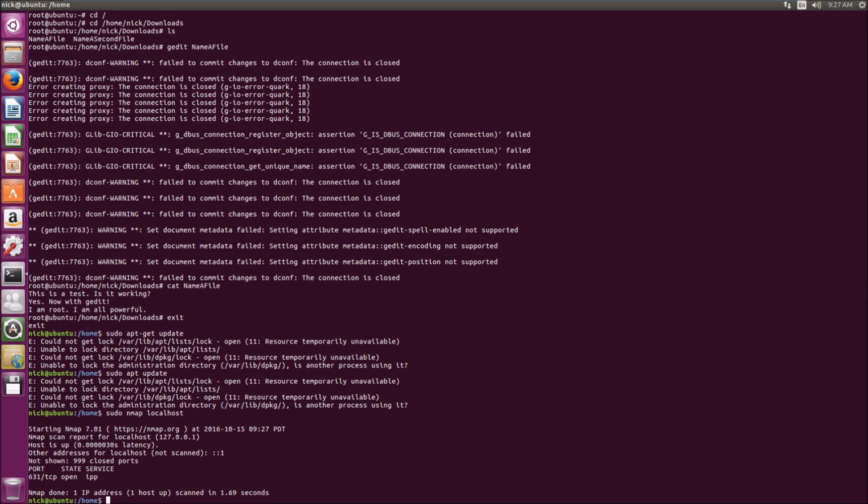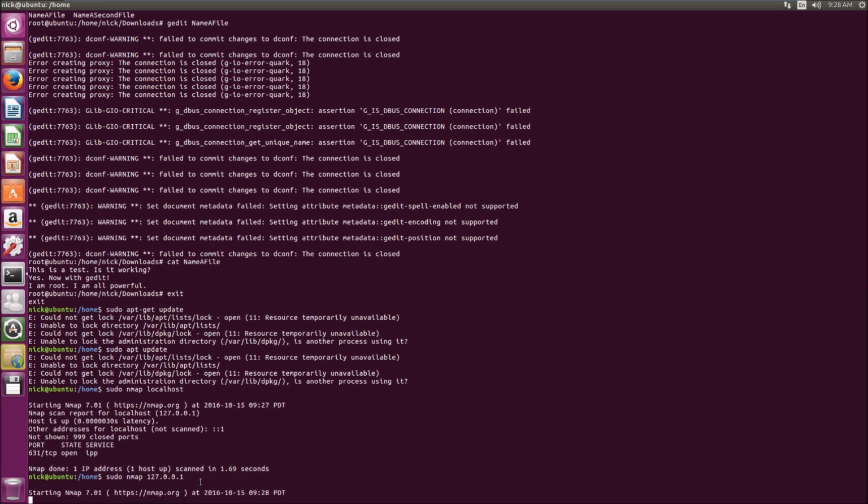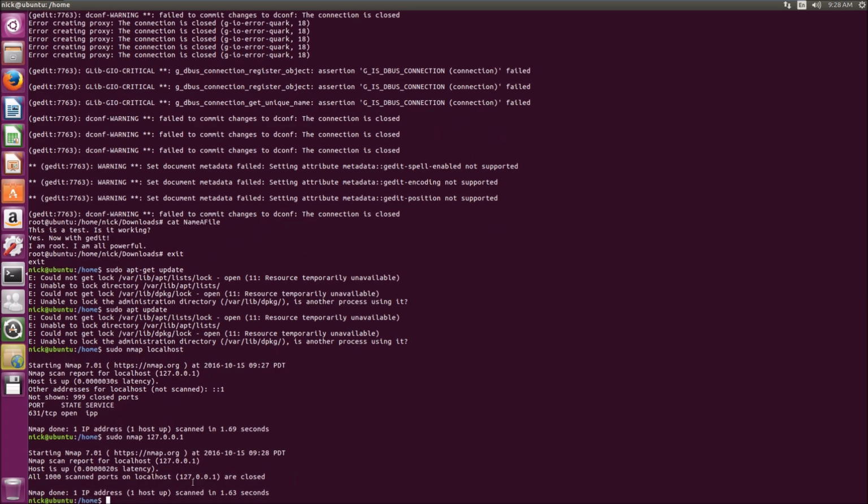You could also use ifconfig, which is the command to display your interface information, to display your IP addresses and that sort of stuff. You could use that to find out your own IP address and scan that, but if you use localhost, then you don't have to bother with that. Localhost, you're also able to type out 127.0.0.1. Both of those work. So let's just run the exact same command again, except this time with the IP address of 127.0.0.1,